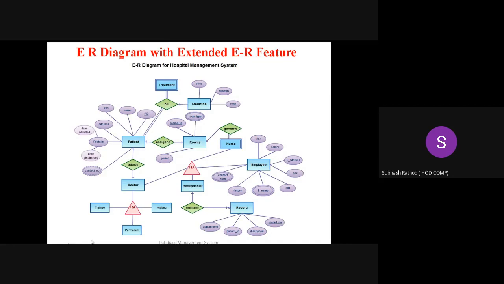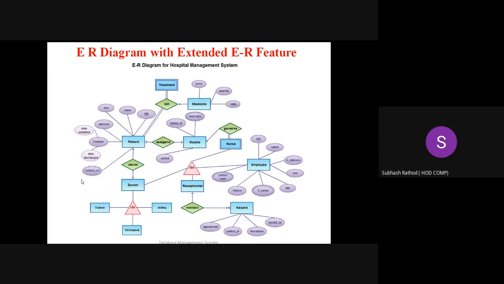Yeah. Look at this. So this is a weak entity. Treatment is a weak entity, isn't it? Yeah. This is one of the features. Yeah. PID is a primary key. It's underlined. So if the primary key is underlined, it is a strong entity set. Patient is a strong entity set. So which has the contact number as a derived attribute? Yeah, contact number is a derived attribute.